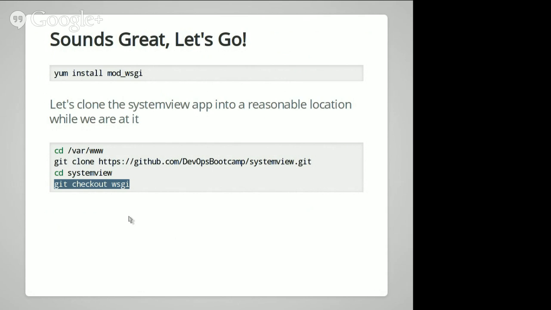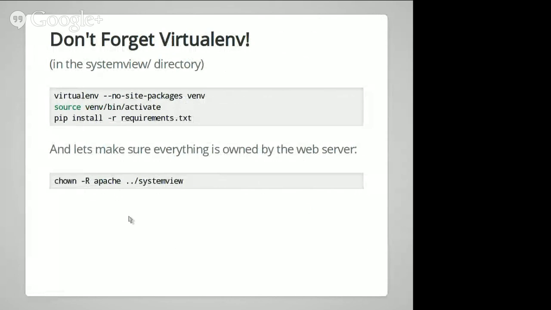Yeah, give me a wave when you've got the repo checked out. All right, don't forget your virtual env. This is a lot of review of stuff we did many, many weeks ago. So